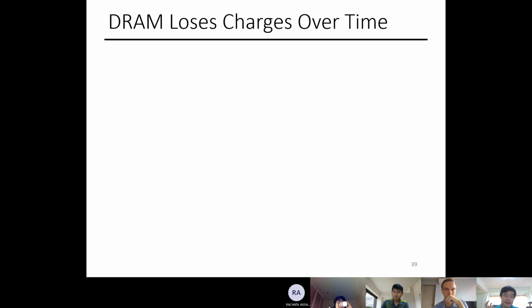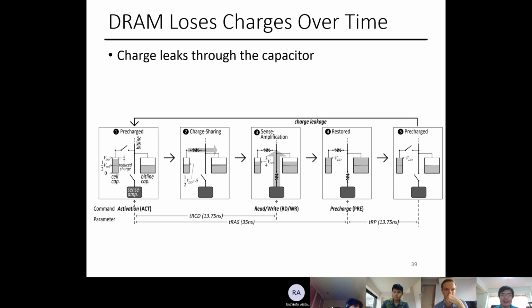So let's talk about the first problem. DRAM loses charge over time. It leaks from the capacitor. As you can see here, this is full. After you precharge, everything is full. What actually happened is because these are capacitors,